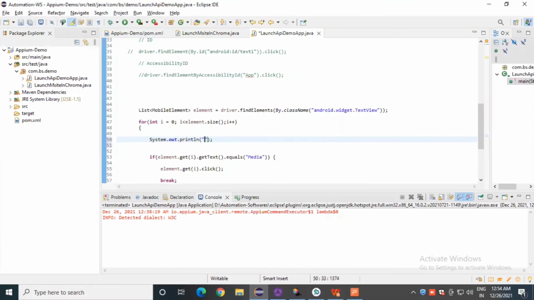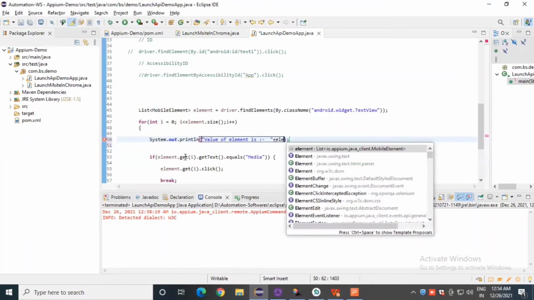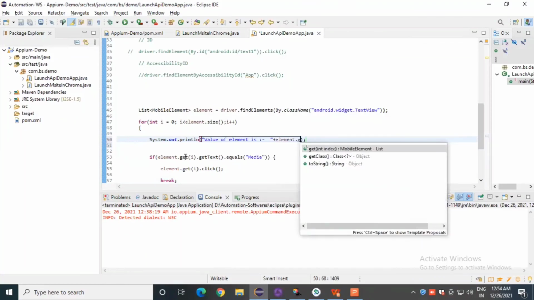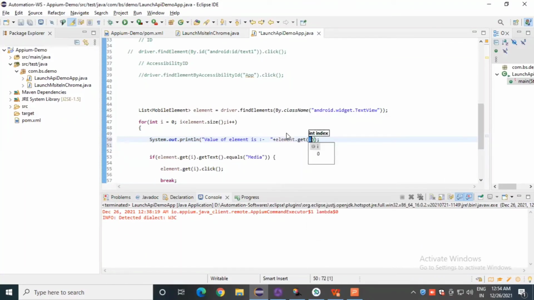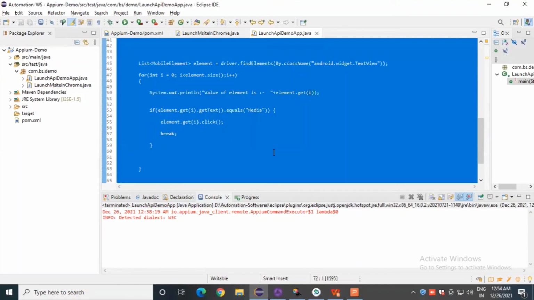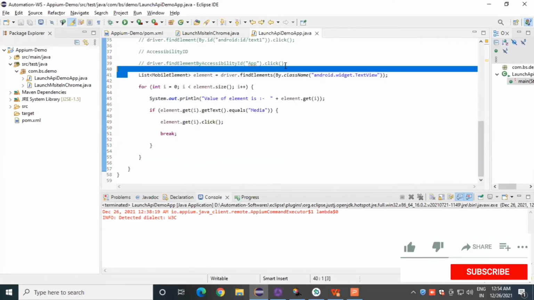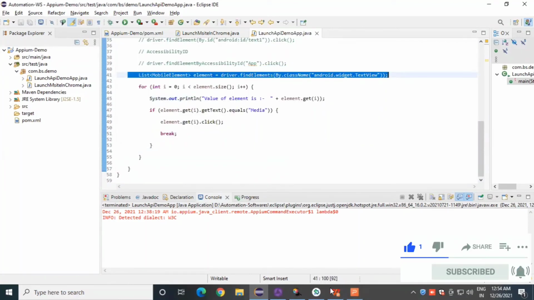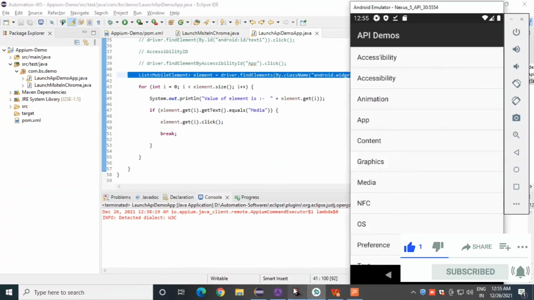So we'll check value of element is plus element dot get i, right? So we have defined here, like this is the list of all the class names, okay, because the class name for this particular element is same.